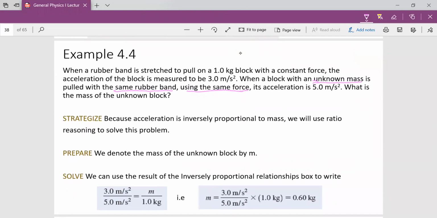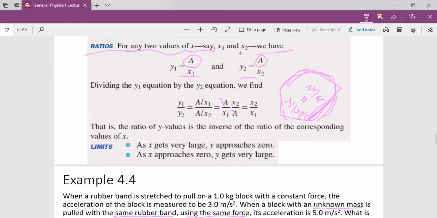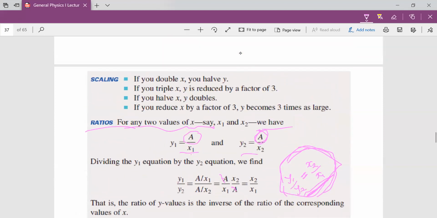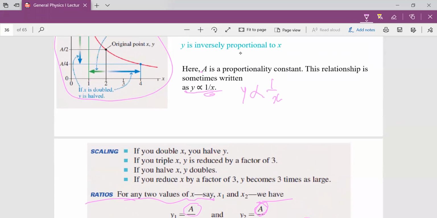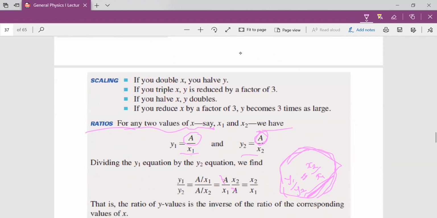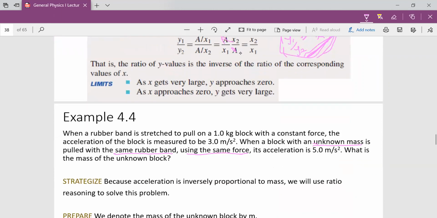I just have a question. In that formula up there, is A just acceleration? This A here, is this the A like in this case? No, A is the proportionality constant, or constant of proportionality. Okay. So that's what this A is. So it canceled out to give us this relationship.